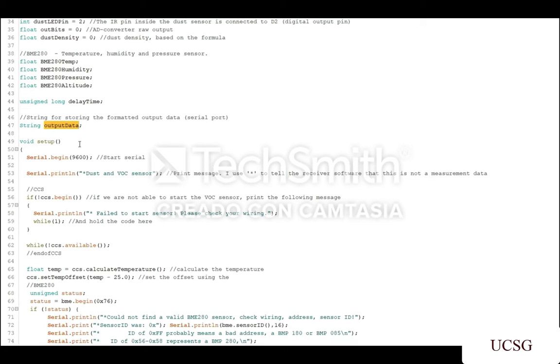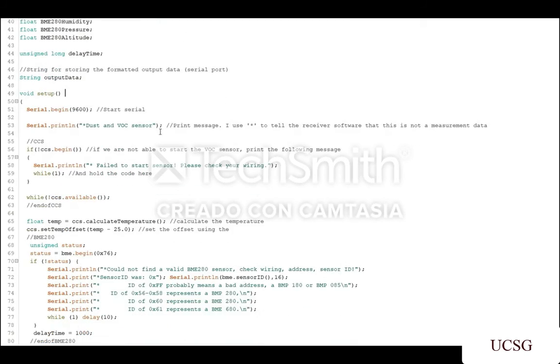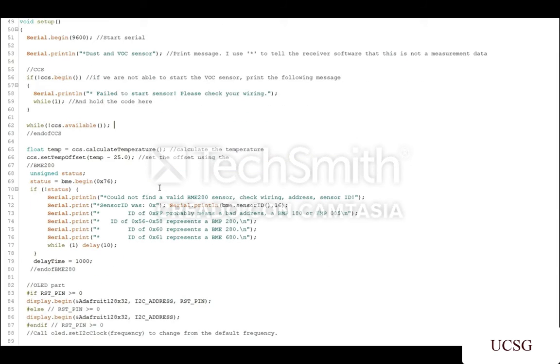In the setup function, I initialize the serial monitor at the baud rate of 9600 for debugging purposes. We need this for the dust and VOC sensor. For the CCS section,